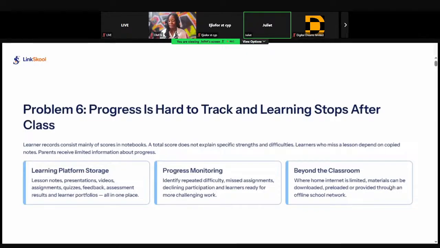So another way that smart classroom solves this problem is that it identifies repeated difficulties. Let me say when you were teaching a student in the class, the student did not understand. Say for that evaporation class, the student did not understand what evaporation is. The student asked a question in the class, and you explained it again. And when you check the student's assessment, you also discover that the person still did not understand evaporation,